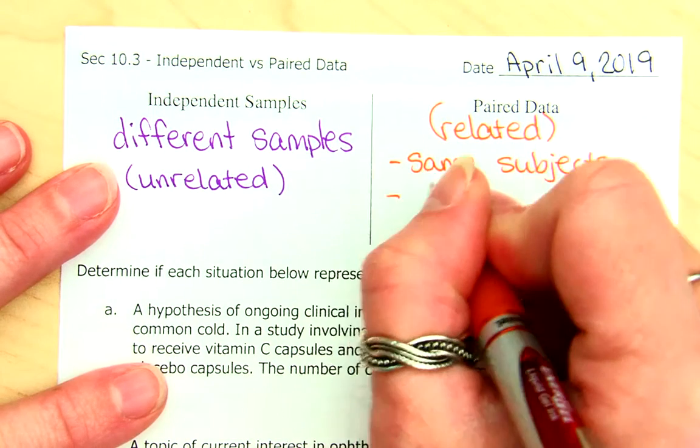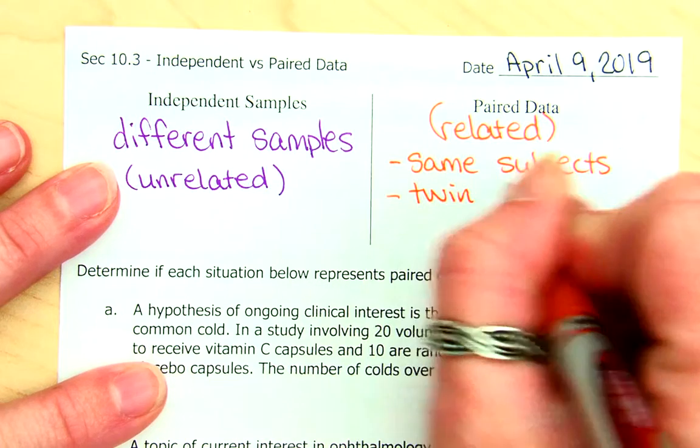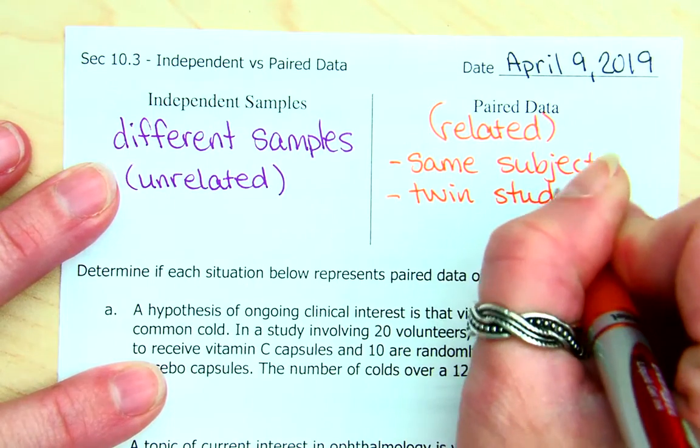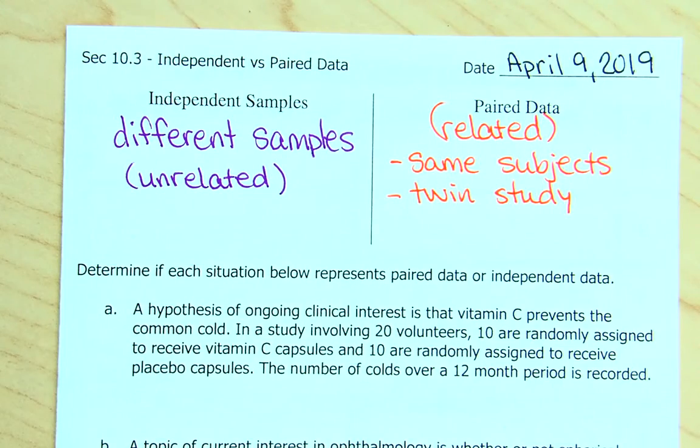It could be, this is pretty common, that they do a twin study. So one twin gets one treatment, the other twin gets the other, because they're saying biologically these are the same. Okay, they have the same things, so they should be very similar,